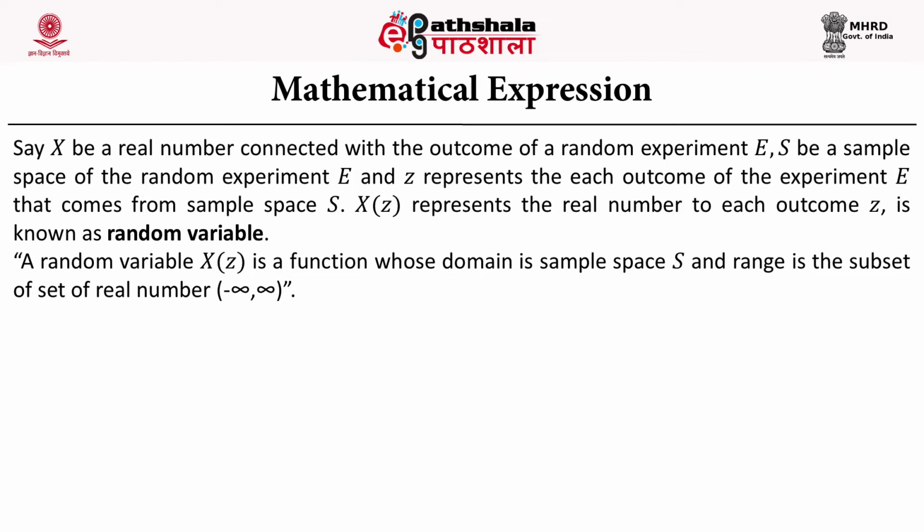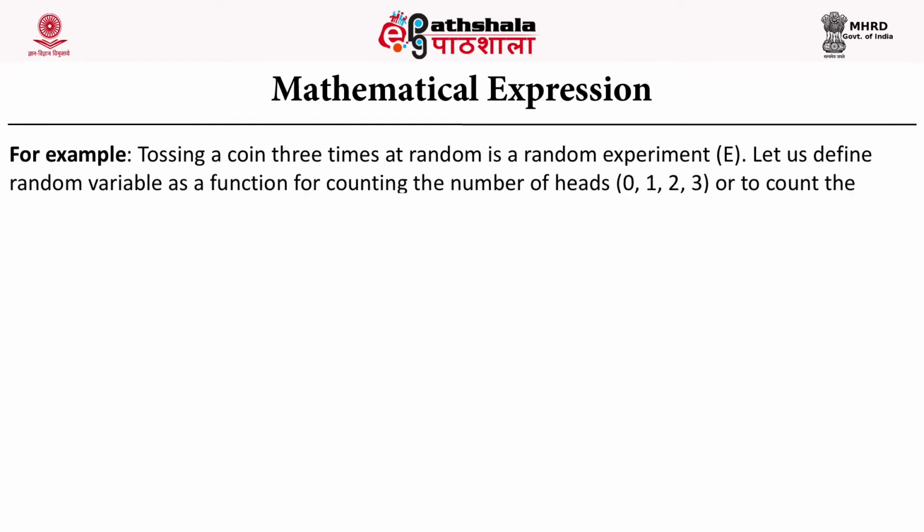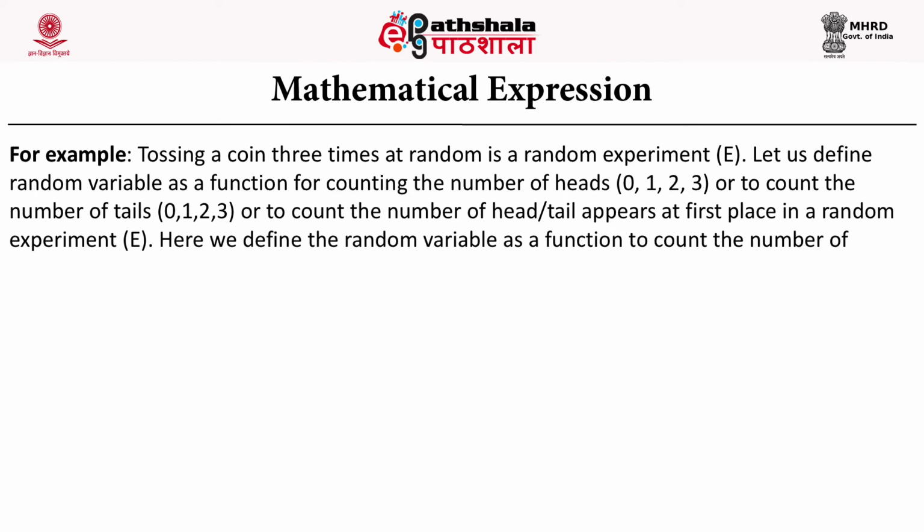A random variable X(z) is a function whose domain is a sample space capital S and whose range is a subset of the real numbers, that is minus infinity to infinity. For example, tossing a coin 3 times at random is a random experiment capital E. Let us define a random variable as a function for counting the number of heads, that is 0, 1, 2, 3,